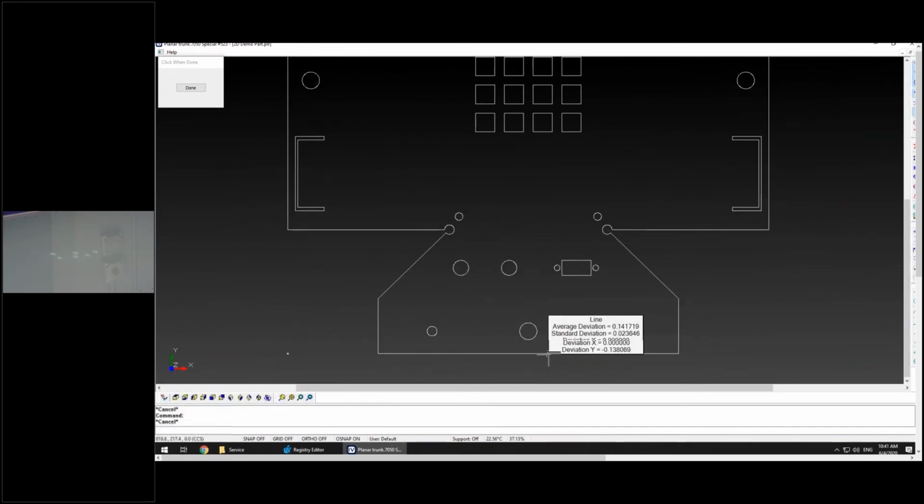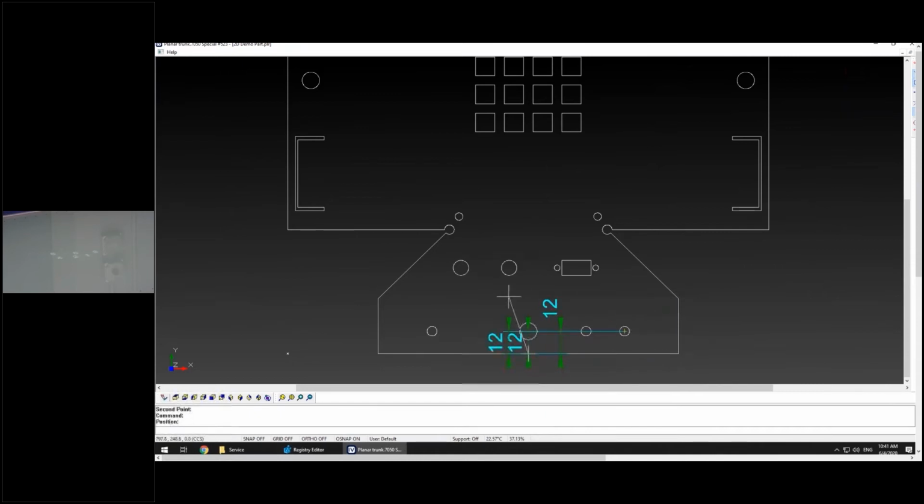If I know I want to use this as my 0 point and do a couple of XY distances from there, I can actually turn off my endpoints because I know I'm never going to use endpoints, and I can turn off perpendicular. So if I go 0 here and down here, no matter where I go, it's only going to snap to the mid of those things, and I can fly through this a lot faster knowing O snap center, boom, and boom. If you ever leave the endpoints on, it can be a pain in the rear